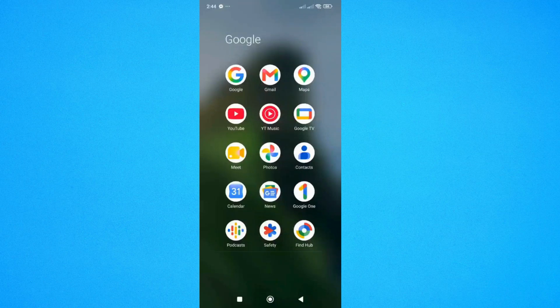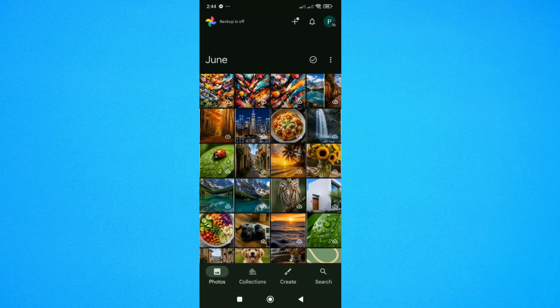In today's video, I'm going to teach you how to recover deleted photos from Google Photos. If you've accidentally removed a picture and want to bring it back, the good news is that Google Photos makes this process pretty simple as long as the photo is still available in the trash. I'll walk you through exactly where to go and what to tap so you can restore your image quickly and